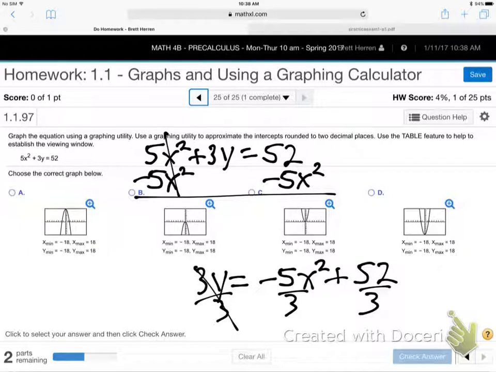You guys with me on that? It's got to be that one. I don't even need to get more detailed than that, right? It starts up 52 thirds, whatever 52 thirds is. I have no idea. 17 point something. Yeah, 17 and a third, or 0.3 forever. So it starts up somewhere in the middle. It doesn't start at 0, 0, in other words. So that's good enough. Good? All right, let me show you the